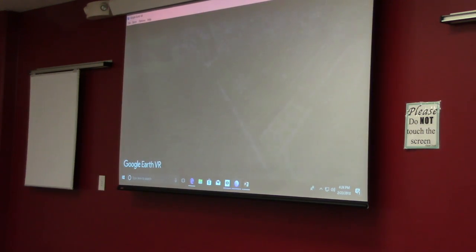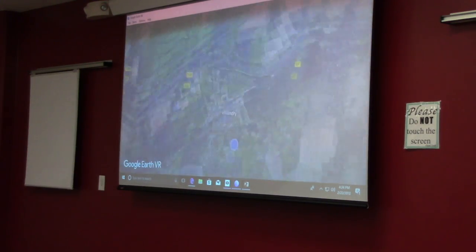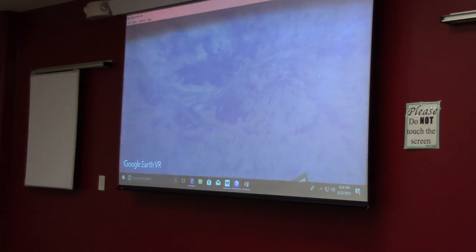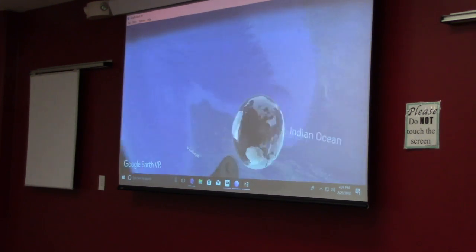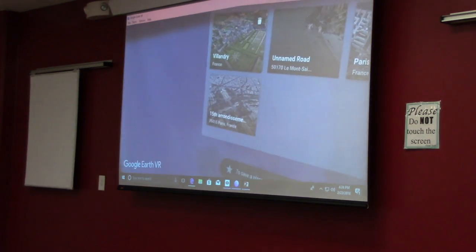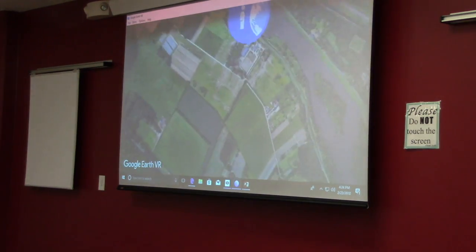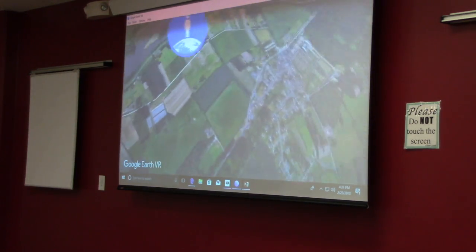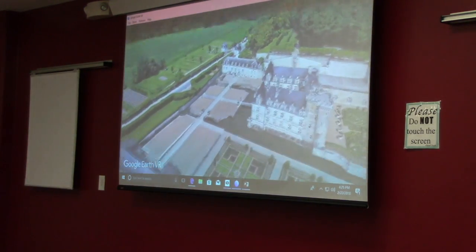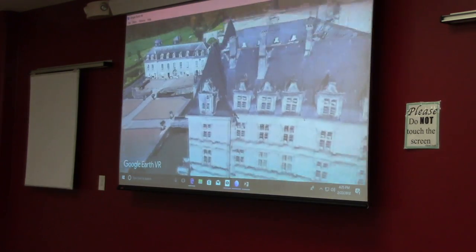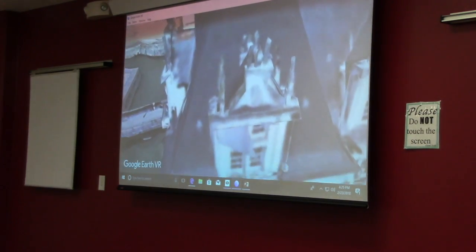Alright, so this is the bird's eye view. It's a little disorienting to change perspective. If I zoom all the way out, I have the whole world. When we zoom back in, this is us zoomed in. When we transfer from the perspective we were just in to this one, suddenly it's more like flying. It'll take just a minute because the internet's bad in Albuquerque, but this will start to load in more detail, and we'll actually be able to get in on it.